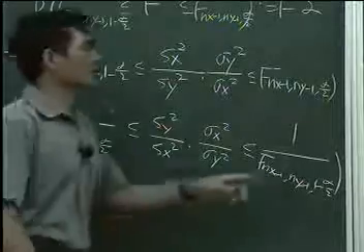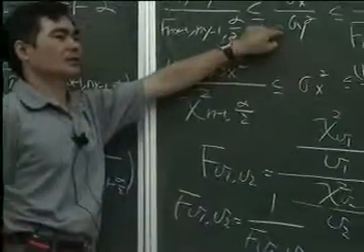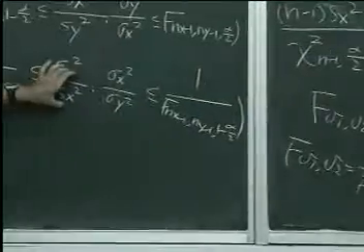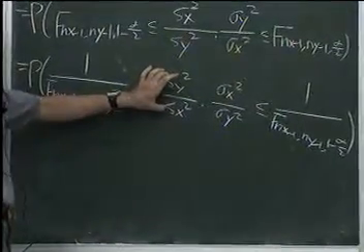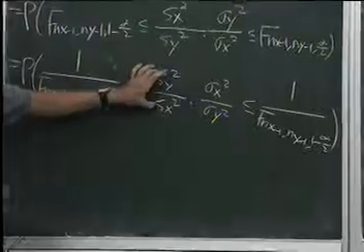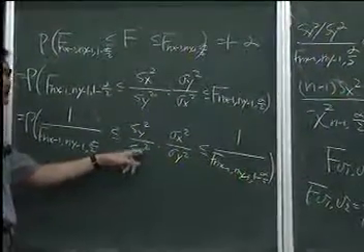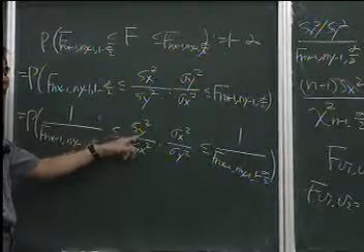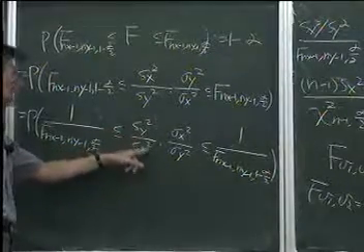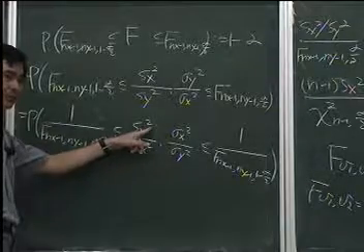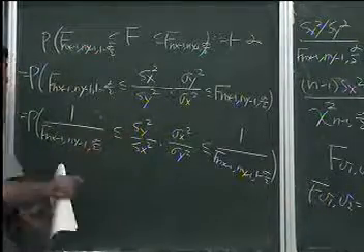Okay, because this is what we want. This is what we want, so we have to get rid of this. If we want to get rid of this, how should we do it? Because the denominator is sx squared, the numerator is sy squared, so we have to multiply this and divide by this, right? So we have to multiply,